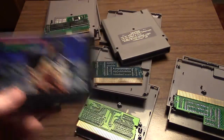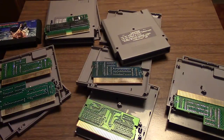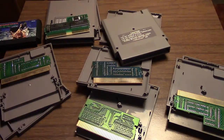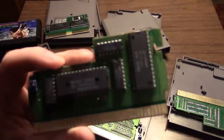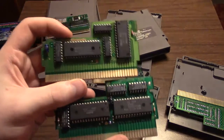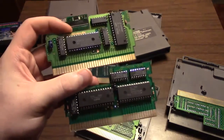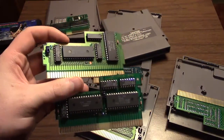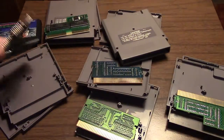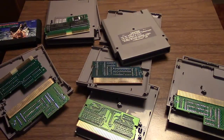Why did this carry over for board types that did already have counterparts? I mean, there's the UNROM boards made by Nintendo, and then there's the UNROM boards made by Konami. Maybe the fact that they were produced at exactly the same time, and Konami was like, well, we're already producing parts for Japan, so might as well make the UNROM board for America. But this didn't apply to Capcom, and it didn't apply to other major third-party companies that were producing games for the NES, and it didn't always apply to Konami either,